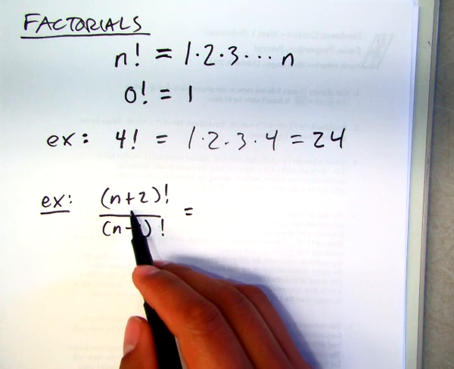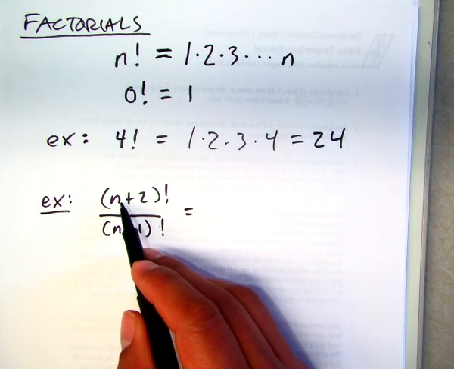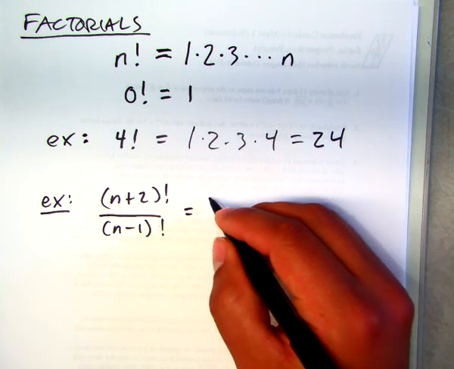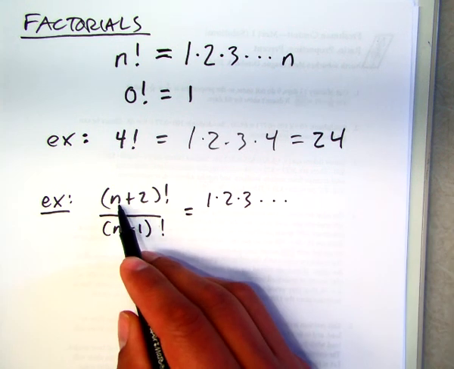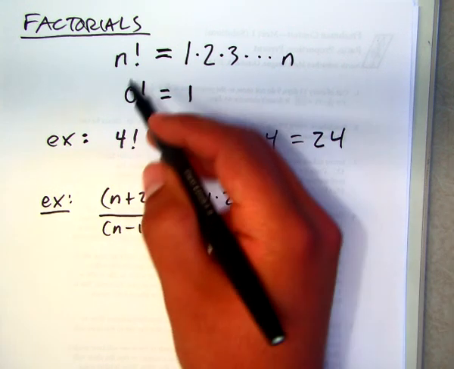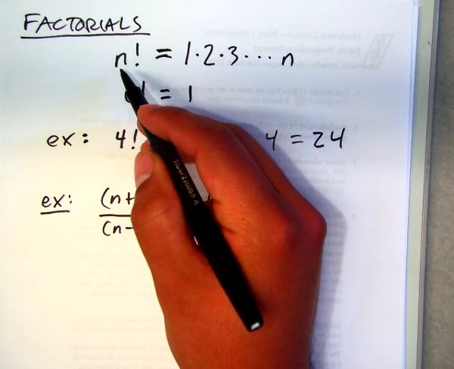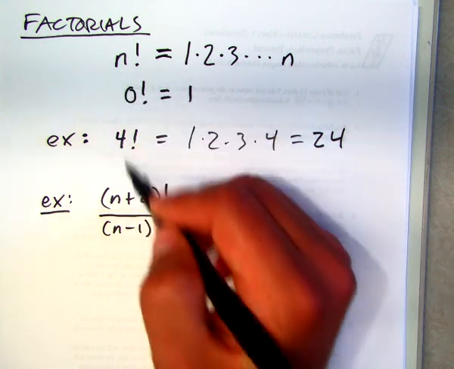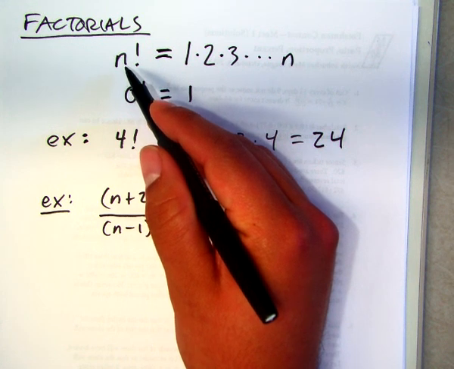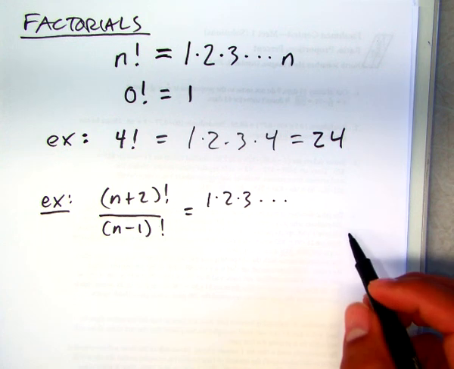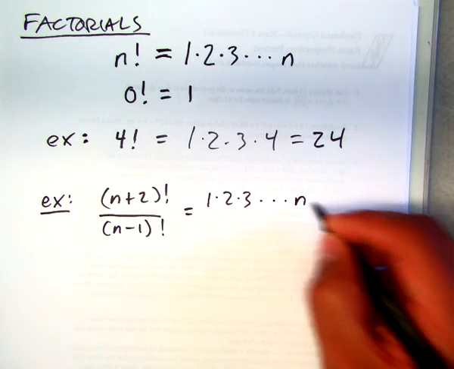What do we always start with when we multiply? 1 times 2 times 3 and so on, right? Well, where is n plus 2 in relation to n? There it is. Where is n plus 2 in relation to n? Is it before or after? And how many numbers after or before? 2 after. Very good. So this is, does it make sense that I'm going to continue going up to n,